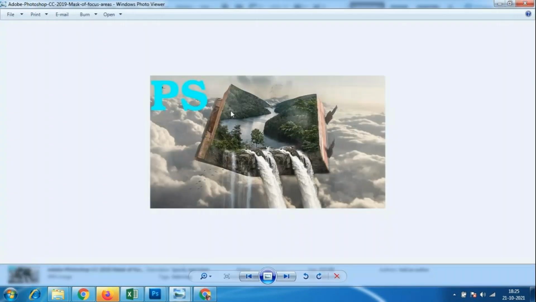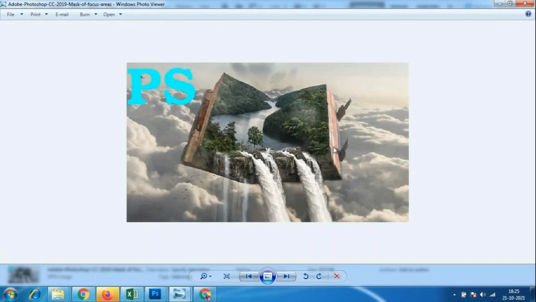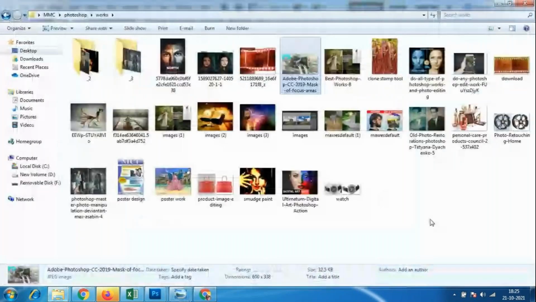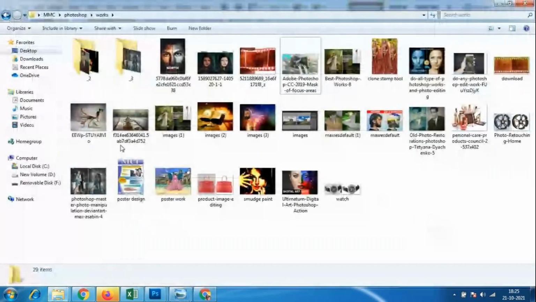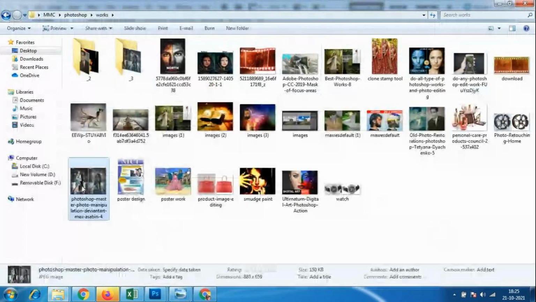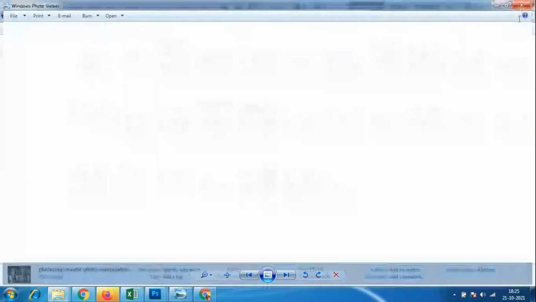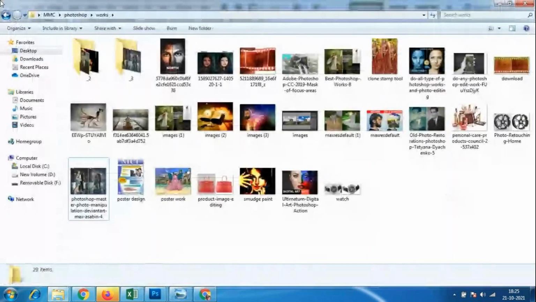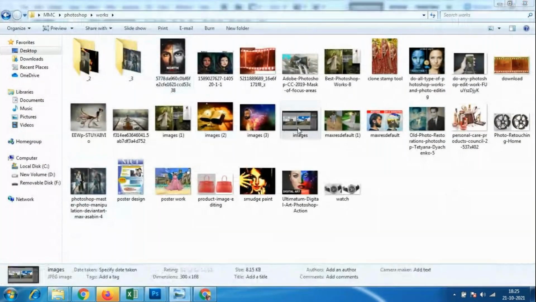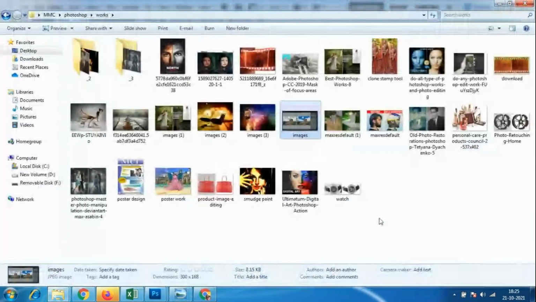So these are collage works, miniature things, all very creative work. Even I have shown you people all these things already. We have changed the background here, all these things. Okay, these are some small files.